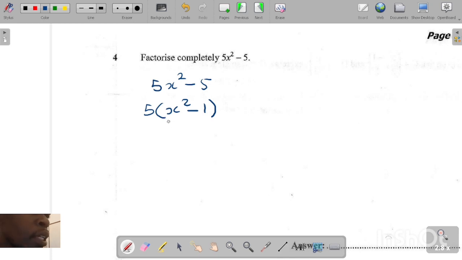Now when you look at what is in the brackets, because they have told us to factorize completely, we've only factorized, now we need to complete it. So when you look at what is in the brackets here, x squared minus 1, x squared is a square number and 1 is a square number, and there's a minus sign here. Because of these conditions, it means that the terms inside the brackets are in the form of